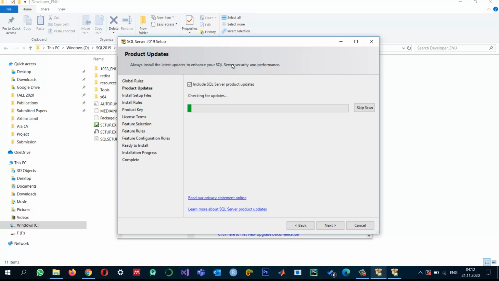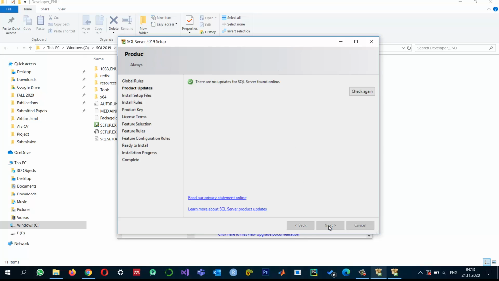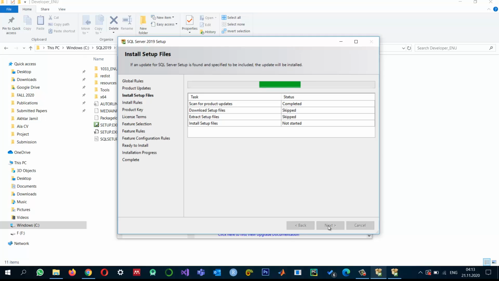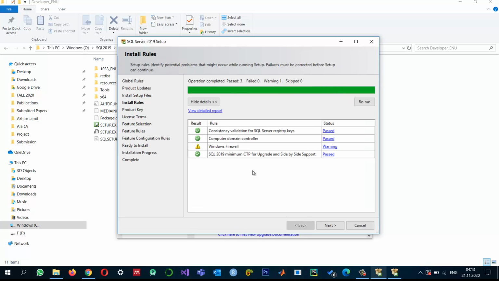It will take a little bit of time because it is setting up something for checking the requirements and all those stuff. So I'm clicking on next. This step might take some time also, and it is installing setup files. So it has finished, and this one says that there is a firewall warning. It is a warning, so I don't need to worry about it. So click on next,